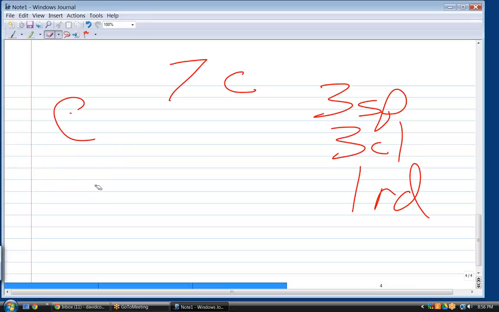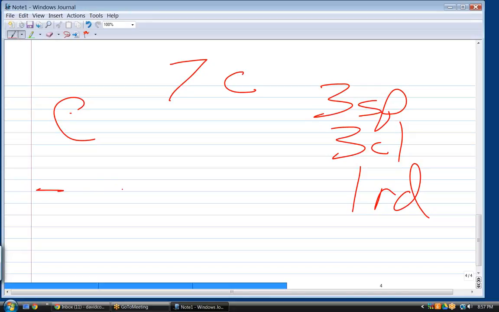These are so hard. It requires such a different kind of thinking. Think for just a second. Well, red cards, there's 26 red cards out of 52. So there would be 26 ways to choose a red card times 7, because